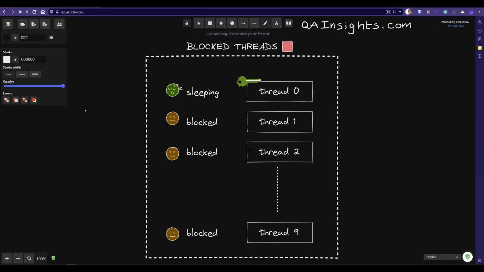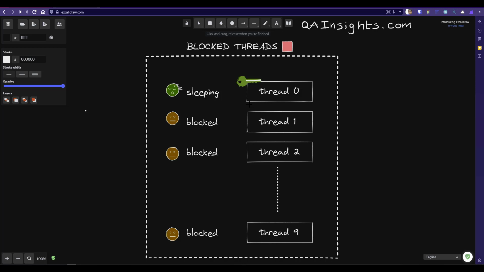So when you start your application using the problem_blocked argument, first it will create 10 threads, starting from thread 0 to thread 9. Thread 0 will go to sleep after acquiring the lock. As you know, the lock can be acquired using the synchronized keyword. Once it is acquired, other threads cannot access that particular resource.